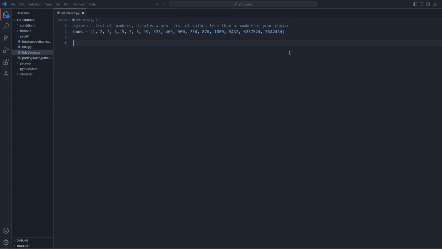So we need to make a list, an empty list for all this stuff to be stored in, right? So we're just going to say new nums, and it's an empty list. Now we're going to loop through our normal list. So for x in nums, and for each position of the list nums, so for x, we want to say if x is less than or equal to,